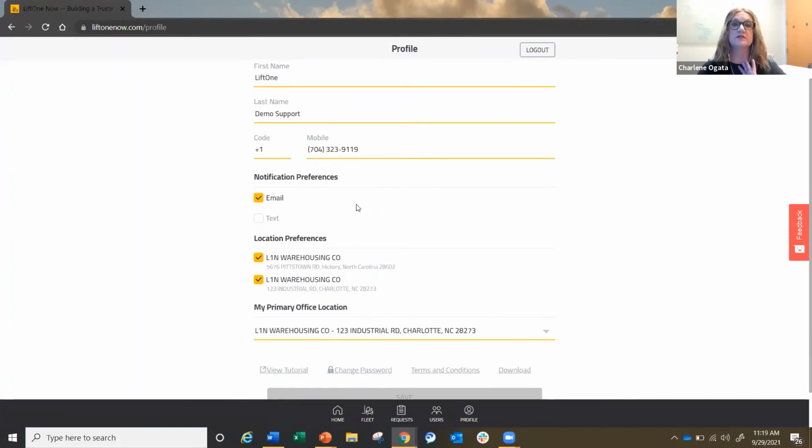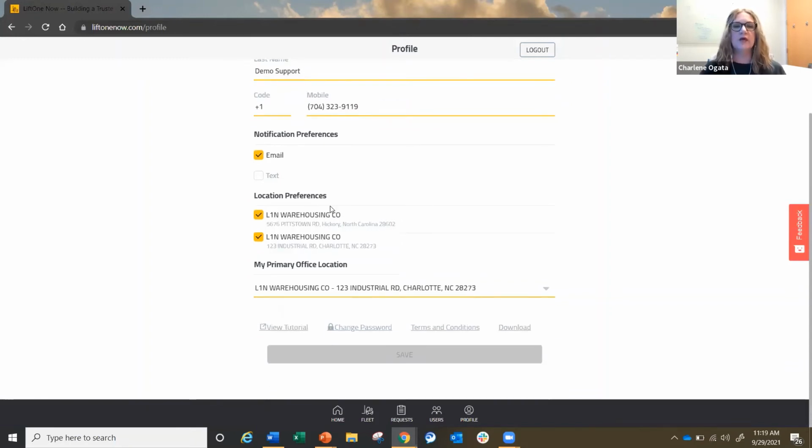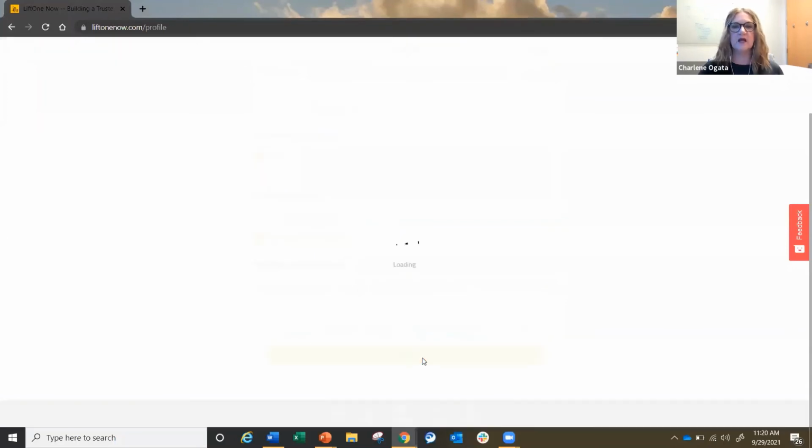Currently, this will send you success messages that things have gone through, your service request has gone through, or anything else like that. Location preferences, I mentioned this before when we were looking at the fleet. All of the locations tied to your account when you told us how to set up your account will be located here. So let's just say I only manage our Charlotte facility. If I were to uncheck the one from Hickory and hit save,